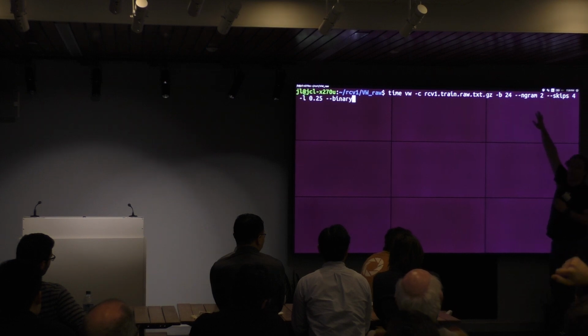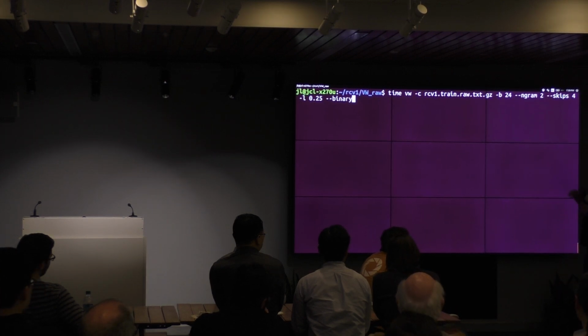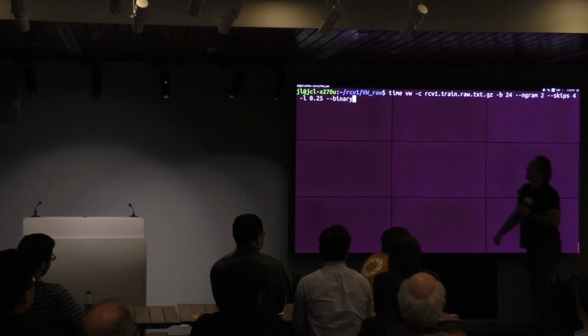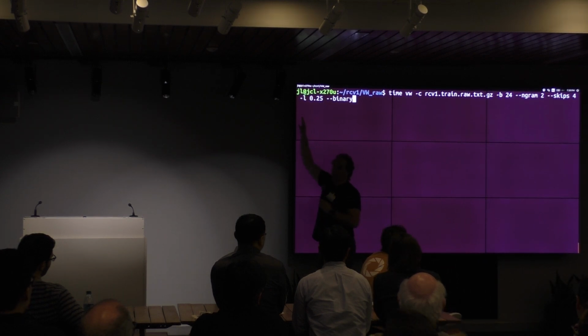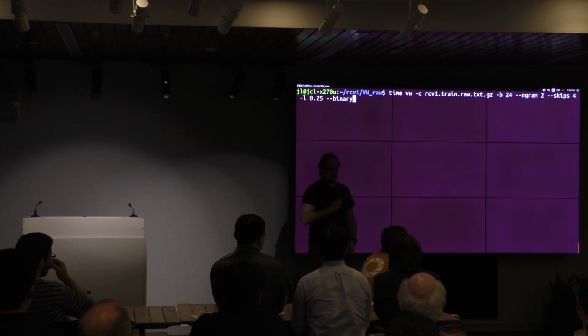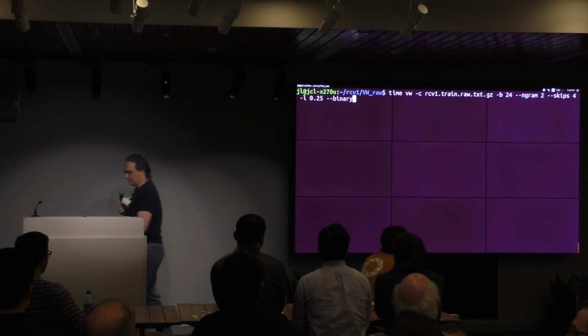I can say, oh, I want to work with bigrams, and I want to allow skips of 4 between the elements of the bigram. And then this is just saying I want to print out the binary loss. I can also say I'm going to adjust the learning rate down a little bit. The default learning rate is 0.5. 0.25 ends up working a little tiny bit better. Okay, so now if I do this,